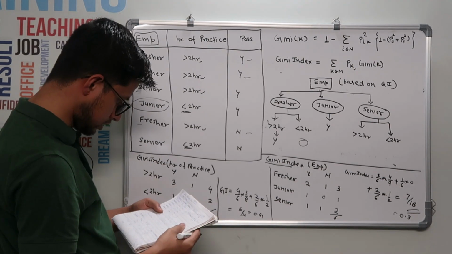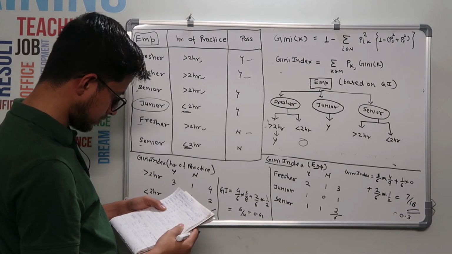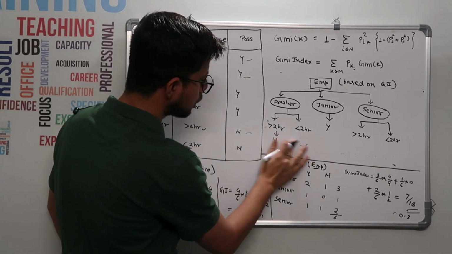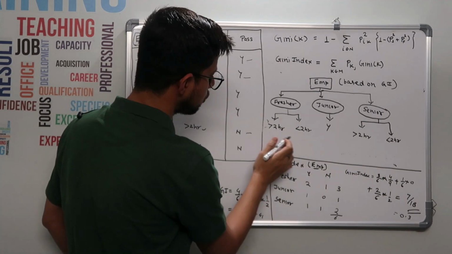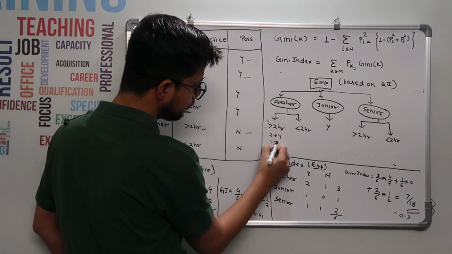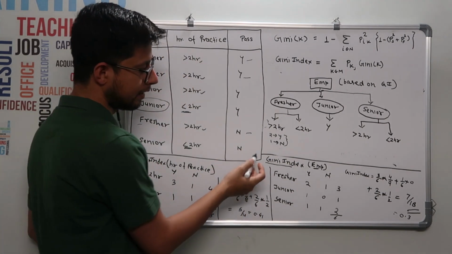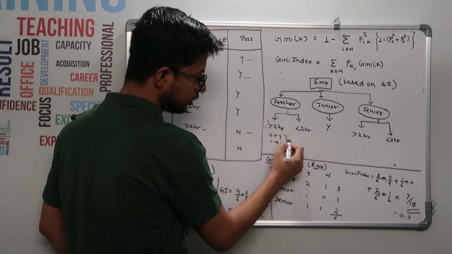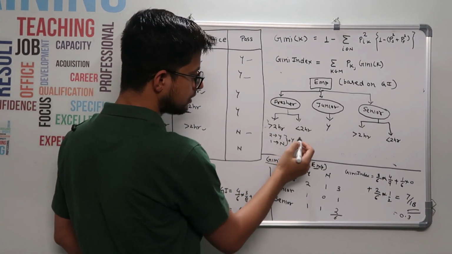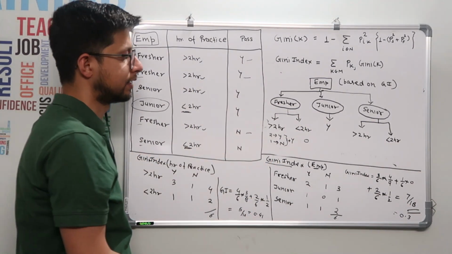Let me just check the database once, okay. Yeah, so here what you need to do, basically you cannot directly say yes or no. So for greater than 2 hours there are 2 outcomes for yes, there is 1 outcome for no, correct? So ultimately you will go with probability, which one is higher. So the majority are yes, so ultimately you will say okay this is yes. So if it is greater than 2 hours then it will come yes, and if it is less than 2 hours then we don't have data available, right? If we have further data then of course we can decide, right?